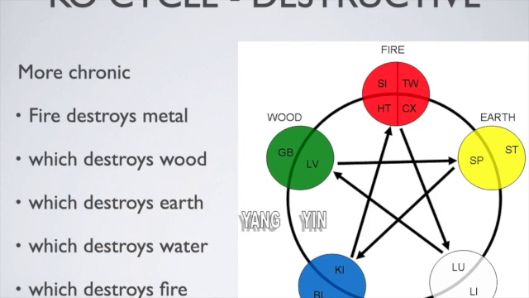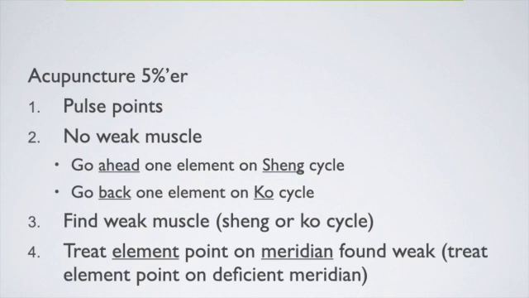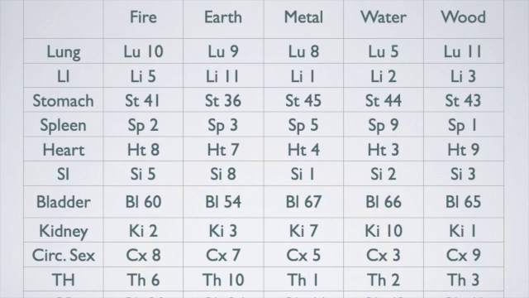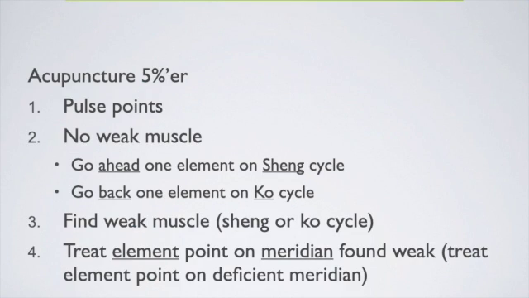Well, then you would treat the heart meridian at the wood point. So here's the heart meridian. You would go over to the wood column, and it would be heart 9. You would treat heart 9. So that's that. Also, if, say, for example, you have a positive middle pulse point, no weak muscle, you go ahead